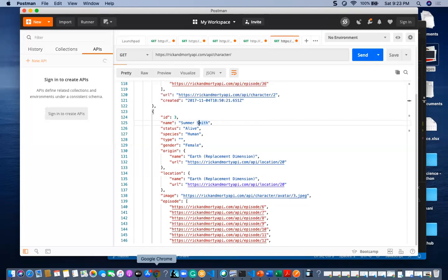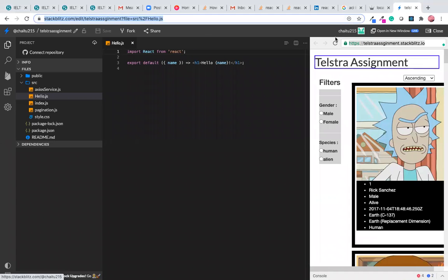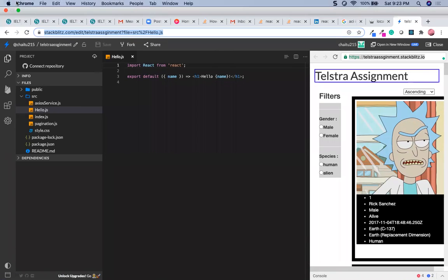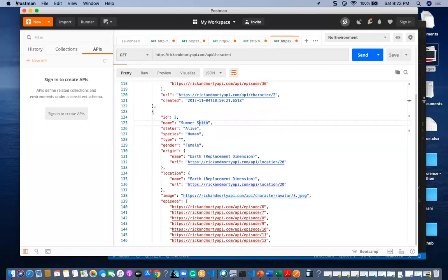Here I am having this data. One second. I think these are my previous project. Here I am having this API, and with this API I am going to get all the results into my data result. I am fetching all the data the API consists of.